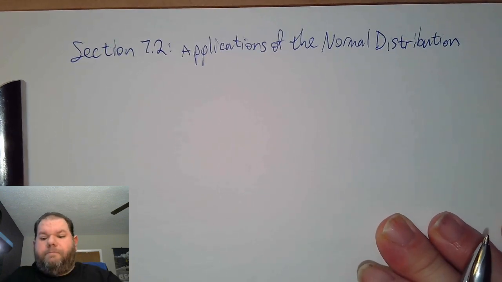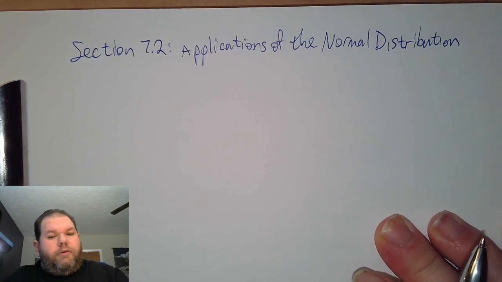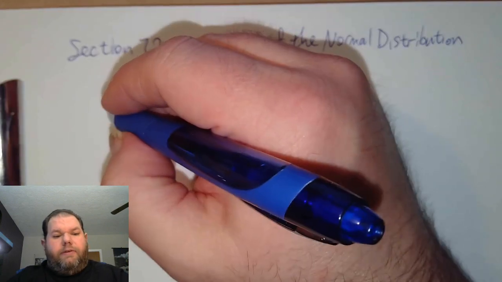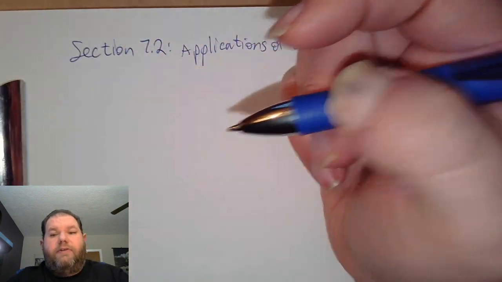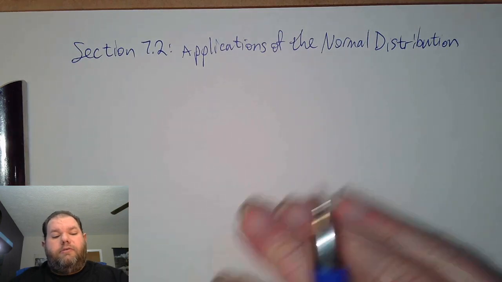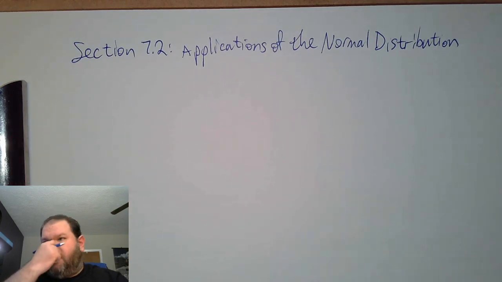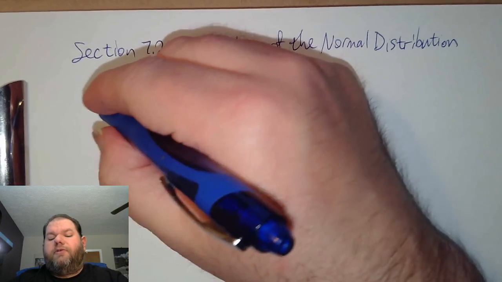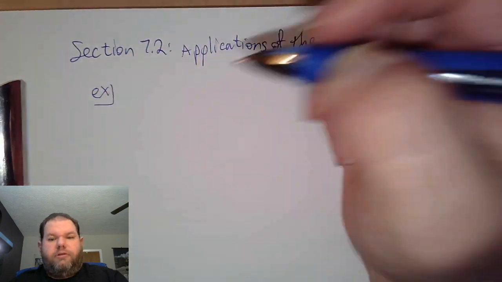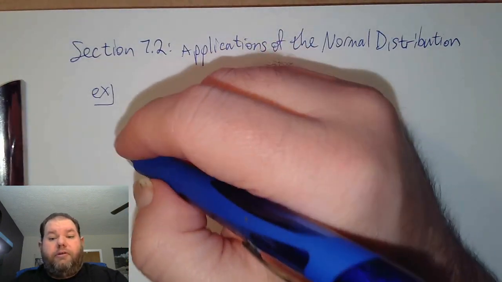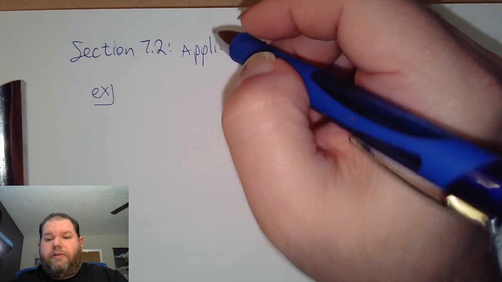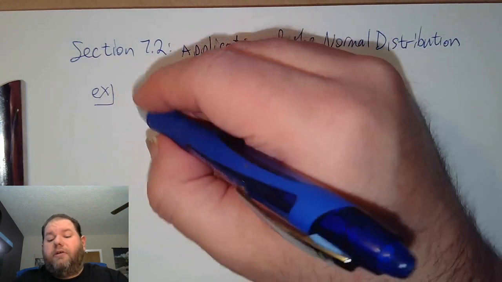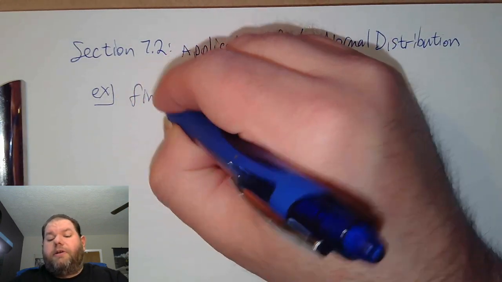Now, we still begin with this concept of z distribution. Okay, so we want to find out. Let me just start off with an example, and I'll demonstrate it on the two different calculators, and then on the textbook as well. Find the probability